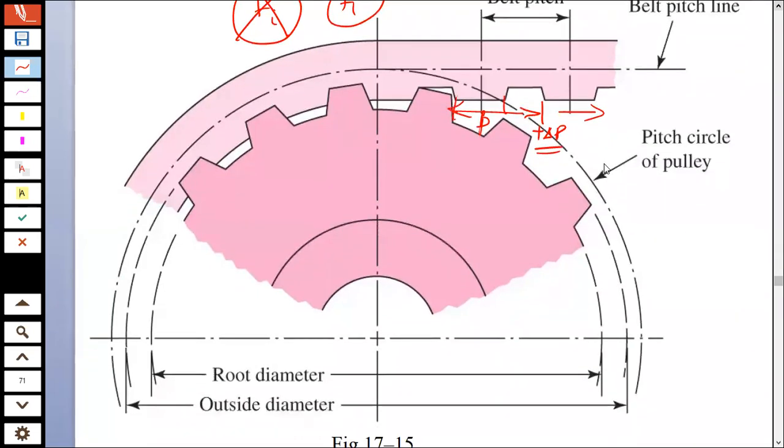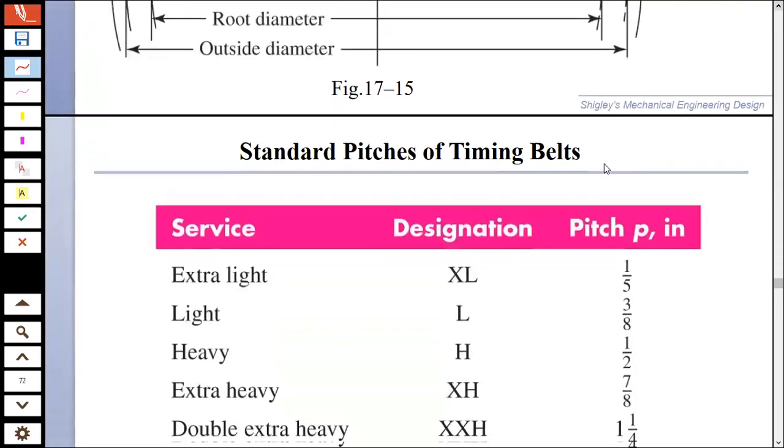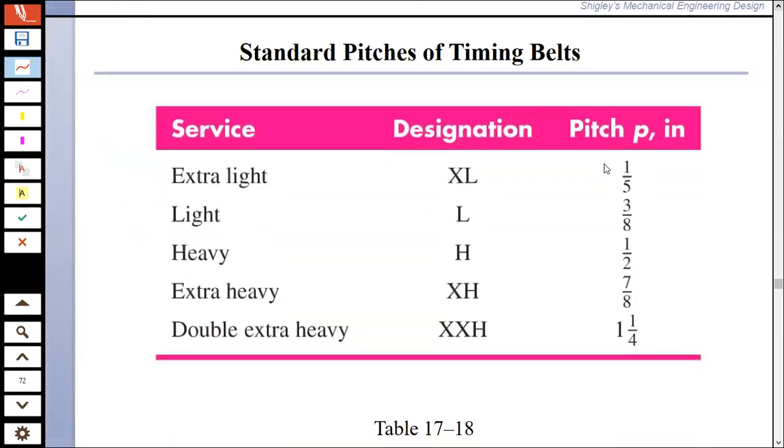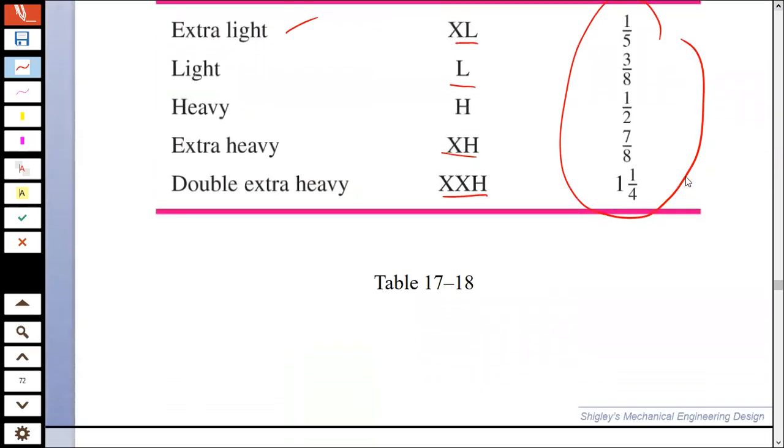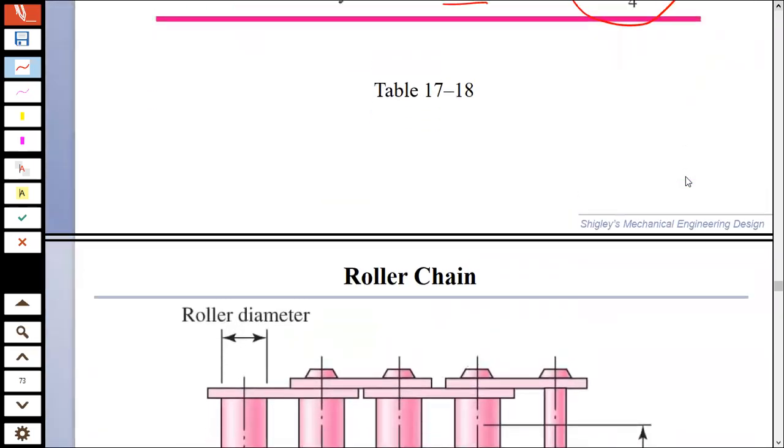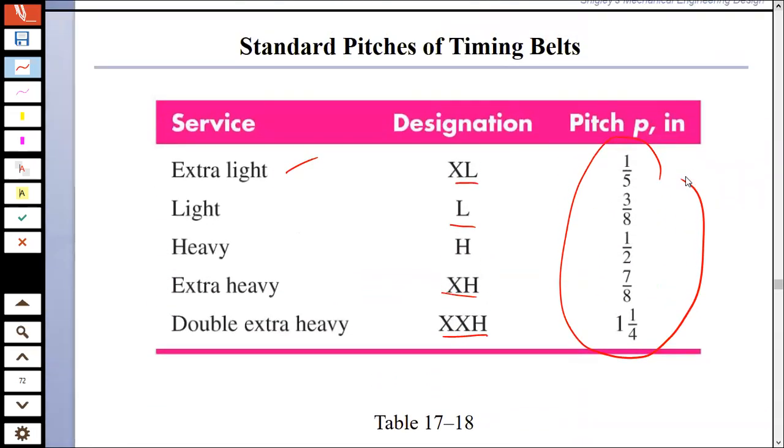The rest of the things, standards available are extra light, XL, light, XH, extra heavy, and these pitches are available in timing belts, and you can design them in the same way as you design your V belts. Theek hai ji, to